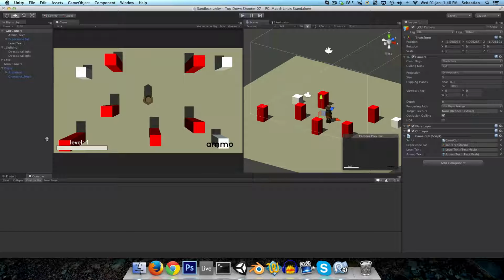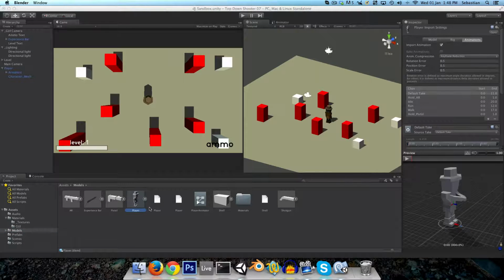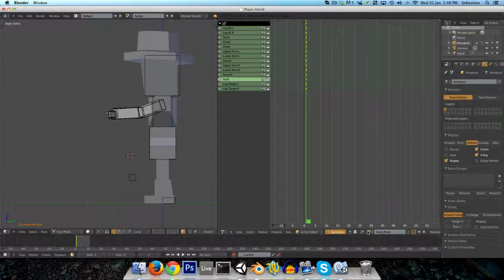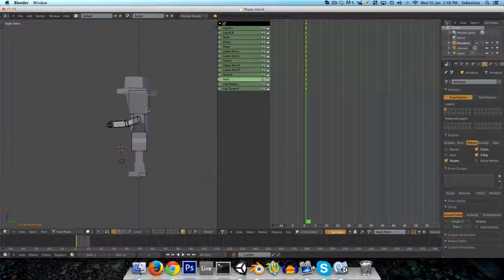So what I'm going to do is I'm going to go into my models, find my player model, open them up, and I'm going to create a reload animation. Now, if you don't feel like creating this yourself and you're using the same character as I am, then you can download from the description. It'll be called something like extra assets for part 7, and you can just download the player model which will contain this new animation, and then open up the player model that you're currently using in your Unity project